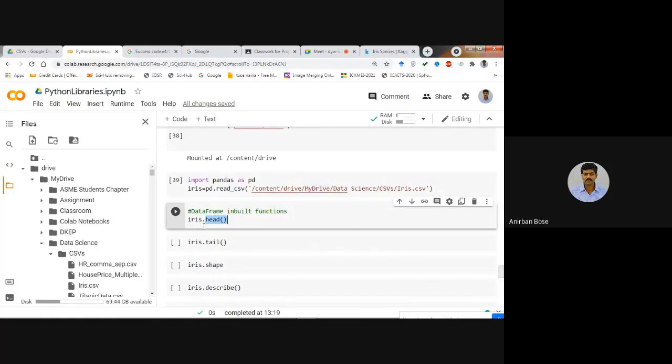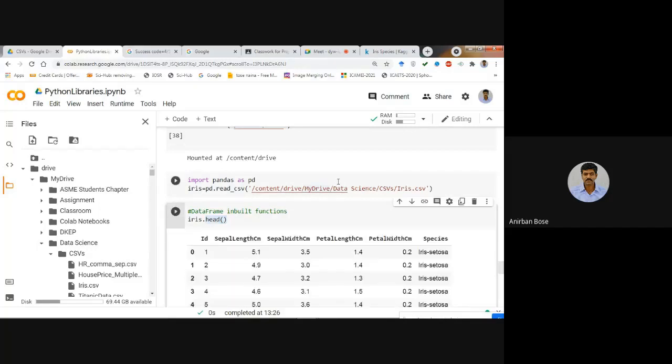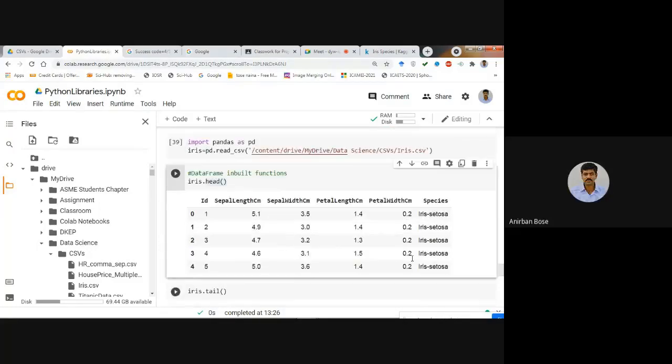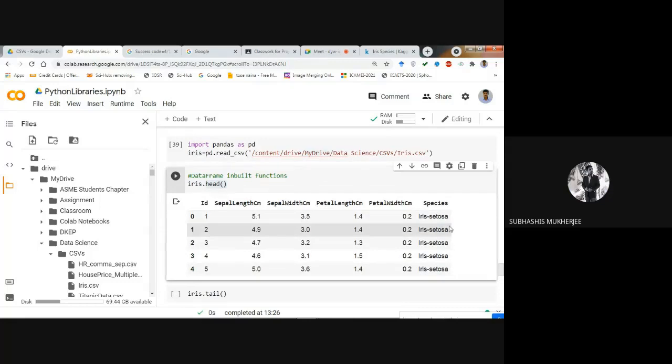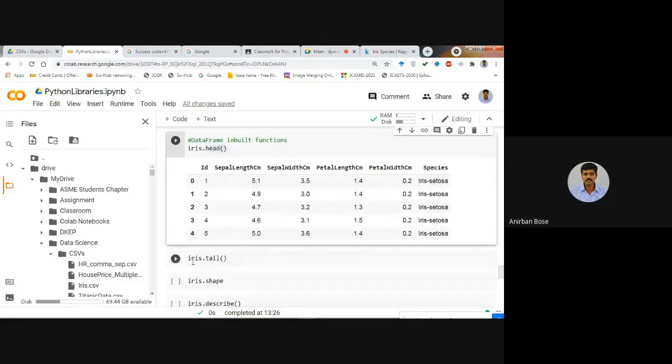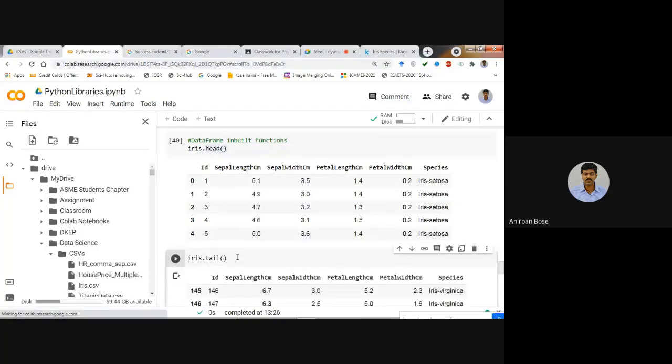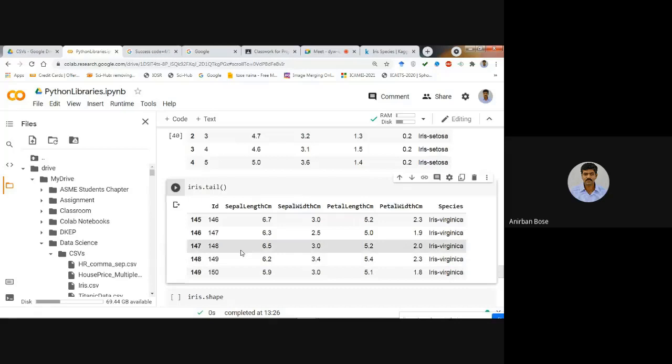So write iris.head with parentheses and execute this command, and you will see that the first 5 rows come. If you want to see the first 10 rows, just put a 10 within the parentheses. If you want to see the data from the bottom, then iris.tail, and you will see the last 5 rows like this.